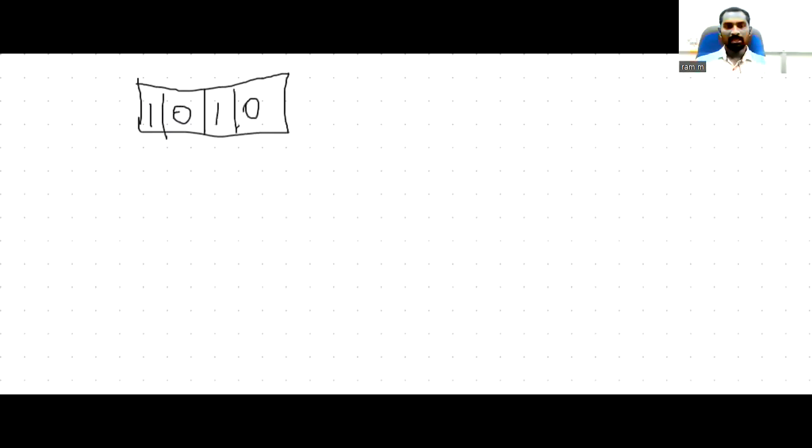Right now, consider this example for logical shift. I'll take 1, 0, 1, 0. Consider I have taken 4-bit data. If I apply a logical shift on this data with respect to 1 bit, what happens is